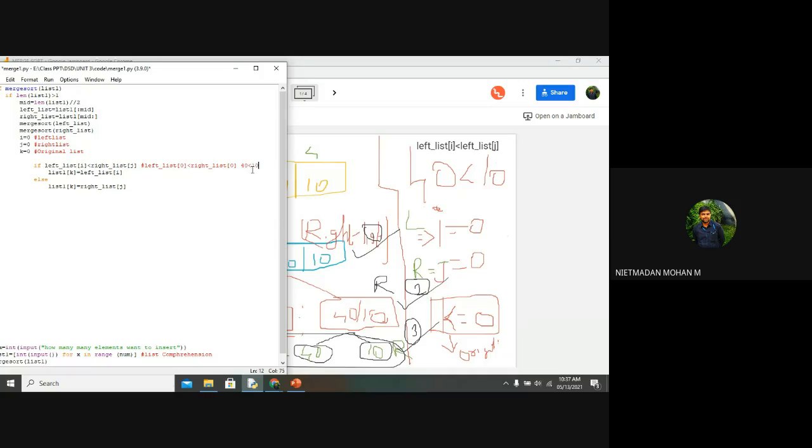So the condition will be false, right? If it is false, where will it go? It will go to the else statement, right? Yes, sir. In the else statement, what will happen? List 1 of 0 is equal to right list of j. What is the right list of j value? Ten, sir. 10.